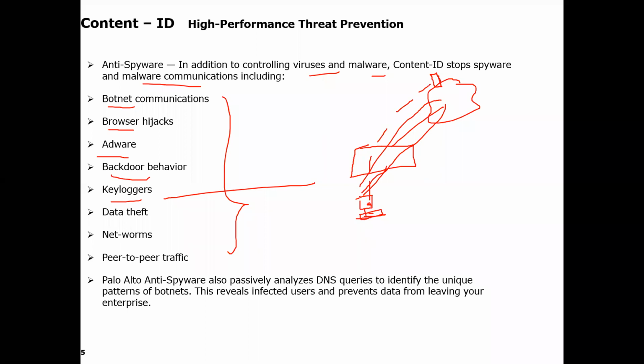Let's say one of the users wants to access the bank statement. So what will he do? He will put www.xyzbank.com. Then after that, the user ID and password will come. Then he will put the user ID and the password. So those keys will be identified by this keylogger, and it will pass those keys to this server.